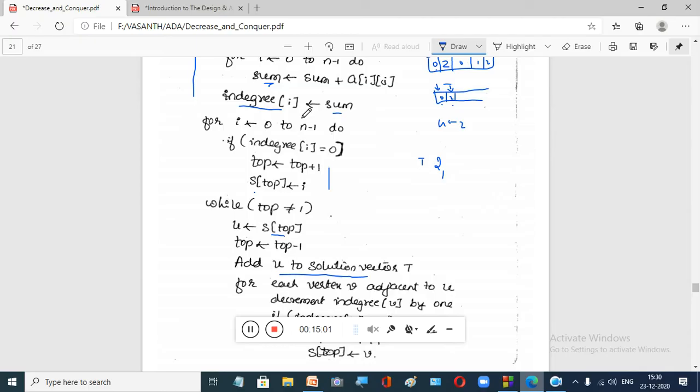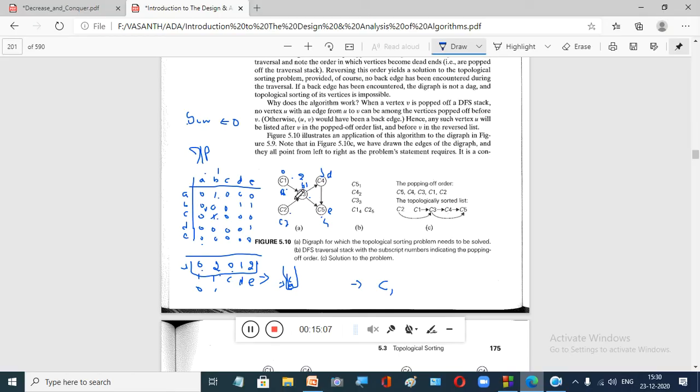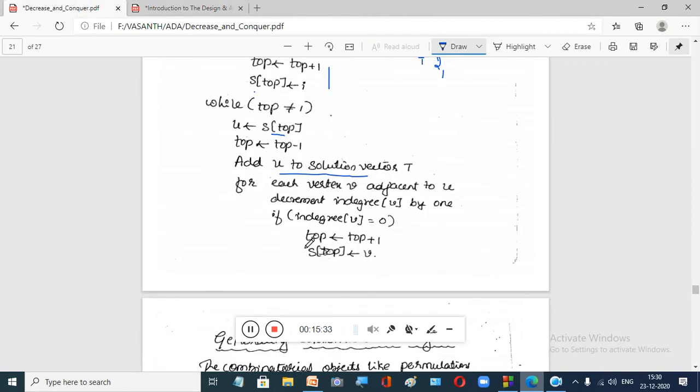So now the first vertex which you are going to remove from this graph is what we got, 2. So if you look into this graph, 2 is what? C2. You are going to remove C2 first, right? See here in our final topological ordering, what is the node we are going to remove first? You are going to remove C2. Next you will remove C1, because once you remove C2, then this is the node whose in degree is 0. Then you remove this, right? You have seen step by step how we have calculated it manually in the theory. So you add that u to the solution vector T.